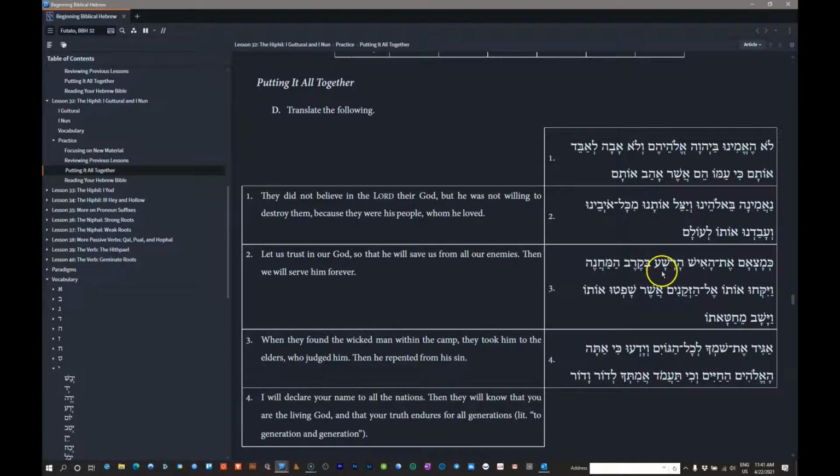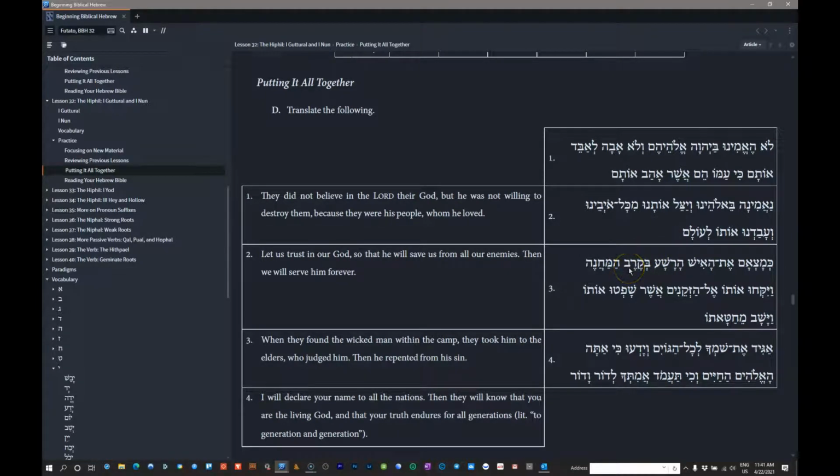Now this one could be tricky if you're thinking, verb here, but this is not a verb. This is definite article on rasha, and hopefully you recognize rasha as an adjective. As they were looking for the man, the wicked one, so the wicked man,